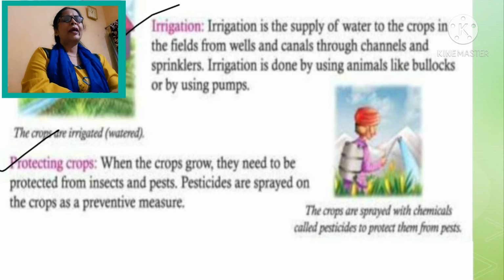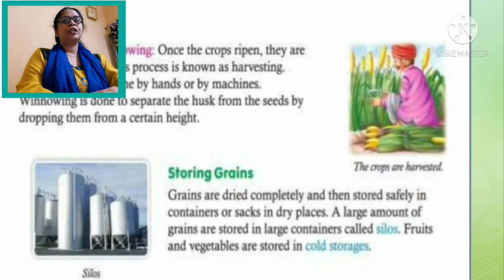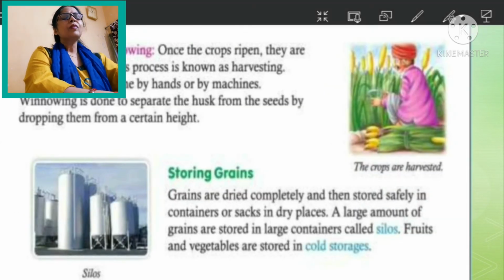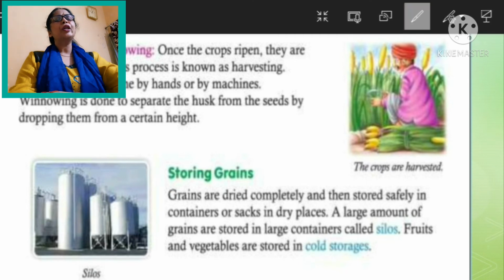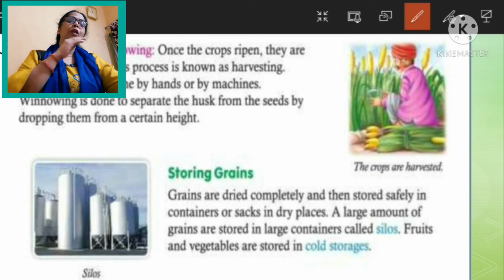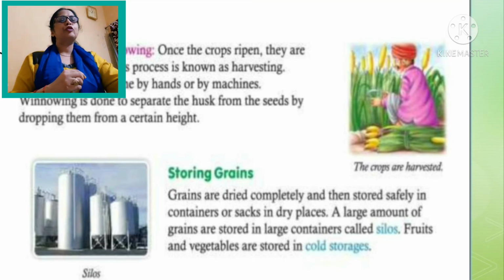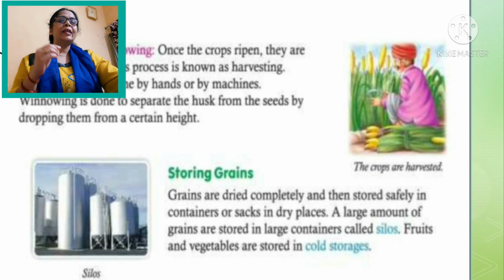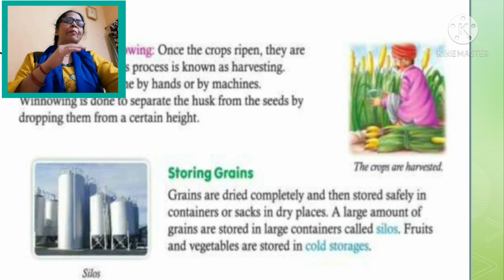Now I am going to explain about crop production, meaning agriculture. What is agriculture? Growing plants on a large scale for human consumption is called agriculture. What is a crop? The cultivation of the same plant on a large scale is called a crop. Now I am going to explain the different steps of agriculture. There are 6 steps. Now I am going to explain.